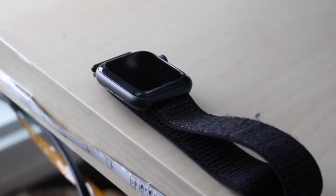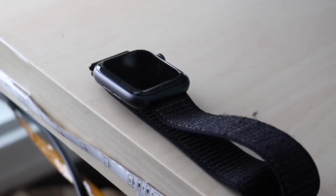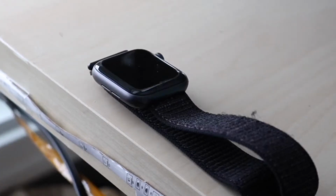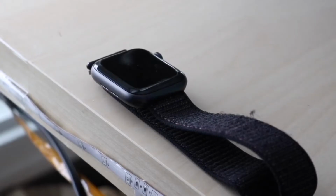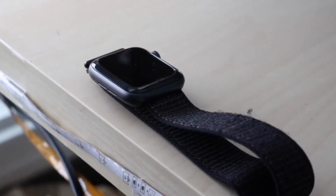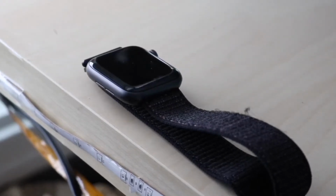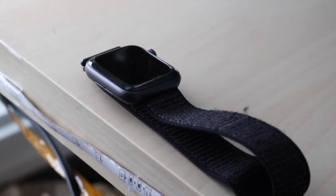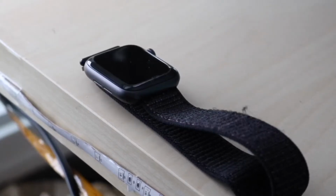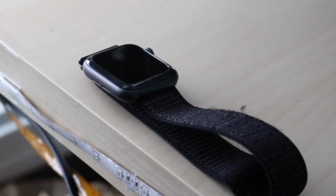Another thing, there's not an unlimited amount of models that Apple sells for these Apple Watches. Currently, as of me making this video today, there's 3 different Apple Watches Apple is selling here: the Apple Watch Series 7, the Apple Watch SE2, and the Apple Watch Series 8. Those Apple Watches are plenty good for a lot of people, but some of the better deals do come when you get a watch that's maybe 3 generations behind or 2 generations behind. The Series 7 is only 1 generation behind, and they don't really even sell a certified refurbished Apple Watch Ultra